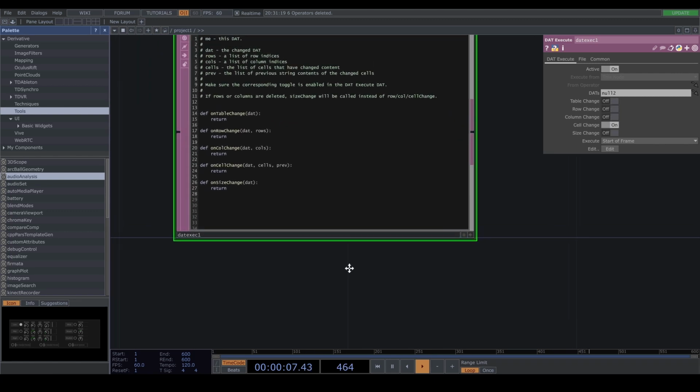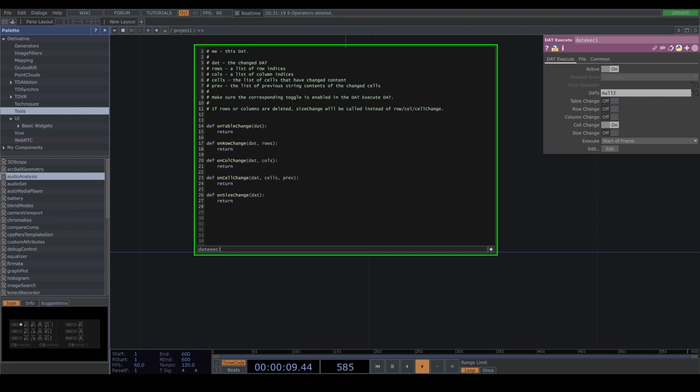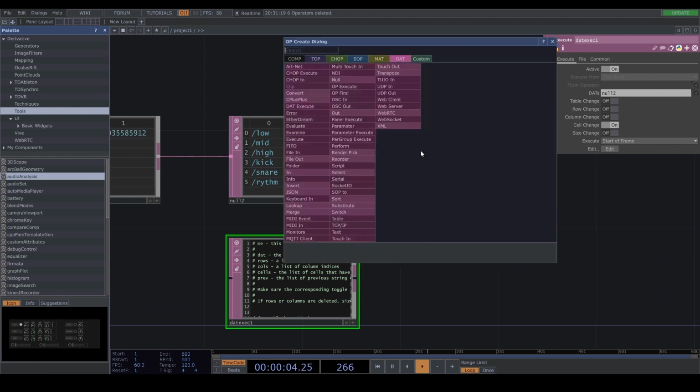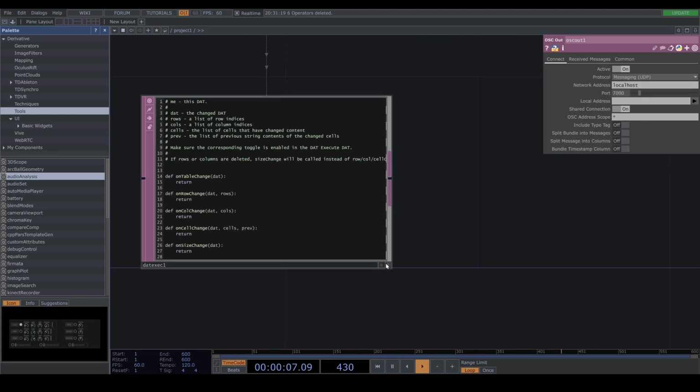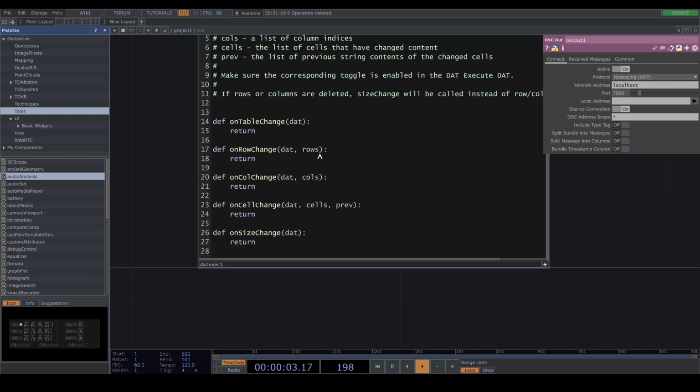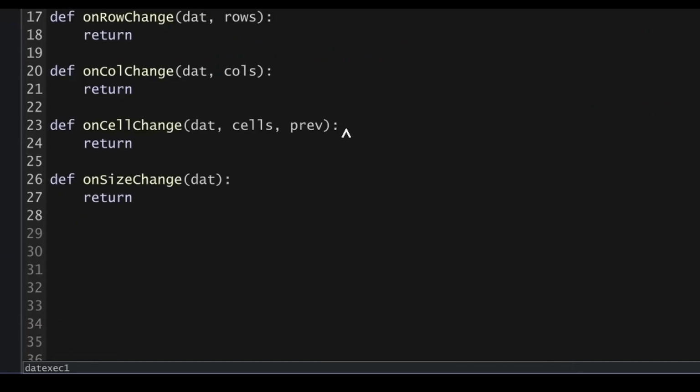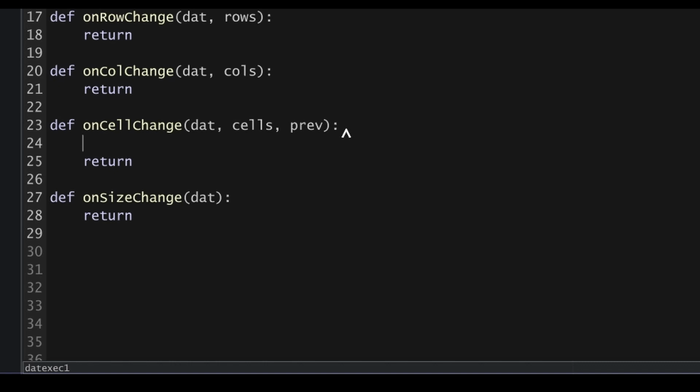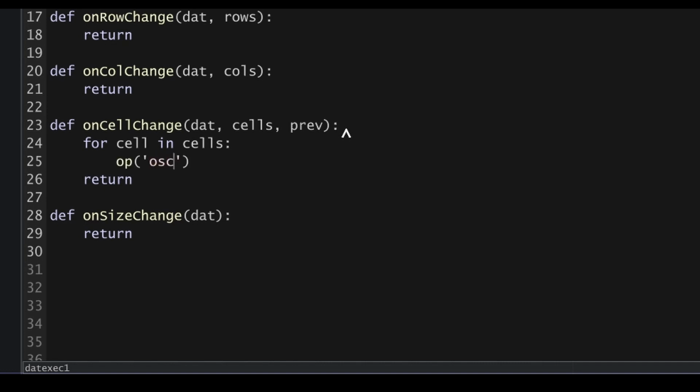I'm going to write some code to send the OSC. Well, before doing that, I'm going to add the OSC out. Okay, and now I'm going to write the code. In def onCellChange, I'm going to write for cell in cells, oscout1.sendOSC,